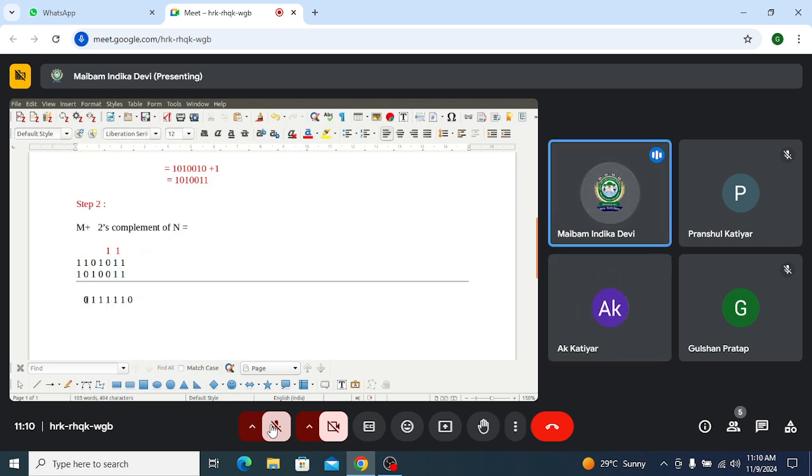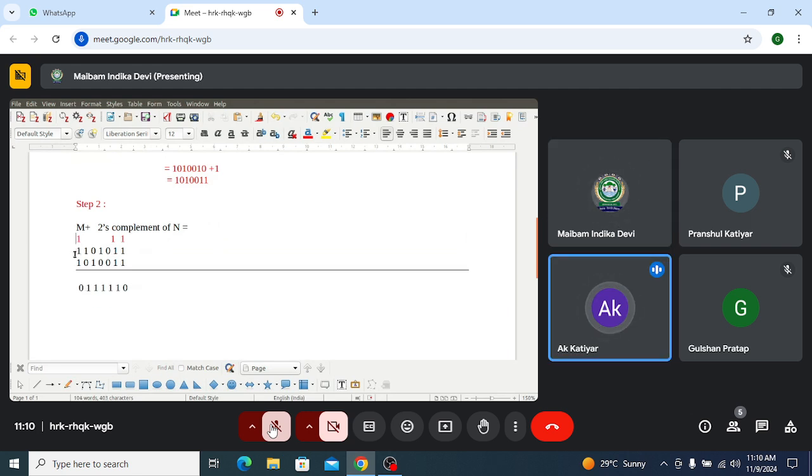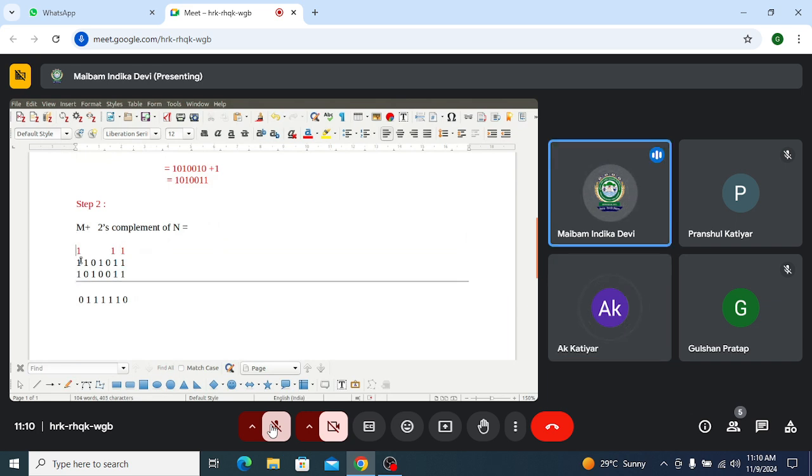Are you guys solving? So there will be a carry out here. 1 plus 1 will be 0, and an extra carry is produced. That will be put out here. Now let's check the number of digits. You have 7 here, so 1, 2, 3, 4, 5, 6, 7, 8. So you have an extra carry.